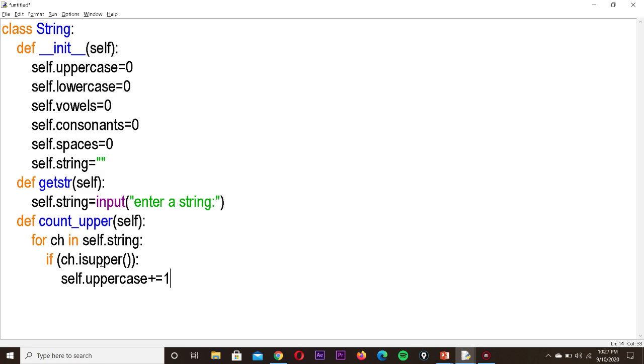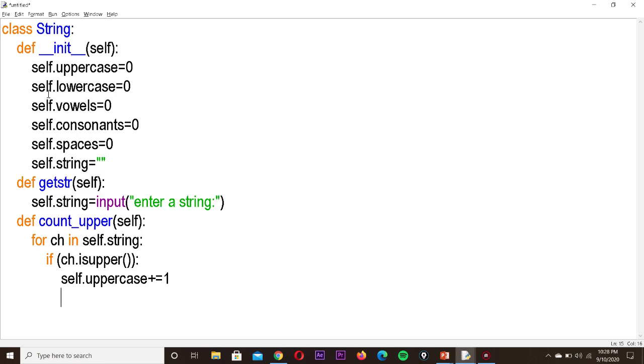If it is true we increment the uppercase variable by 1. If this condition is false, it won't execute this statement, and it will go and check the other characters. Like that, each character will be taken and checked with the isupper function. So we have defined the function for counting the uppercase.